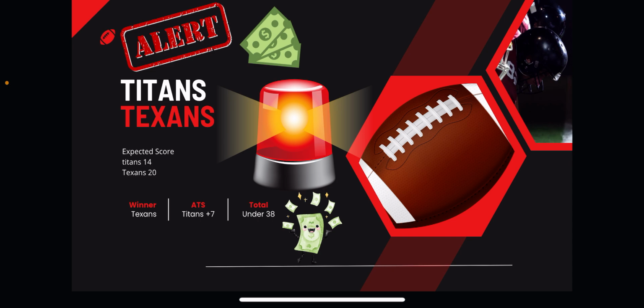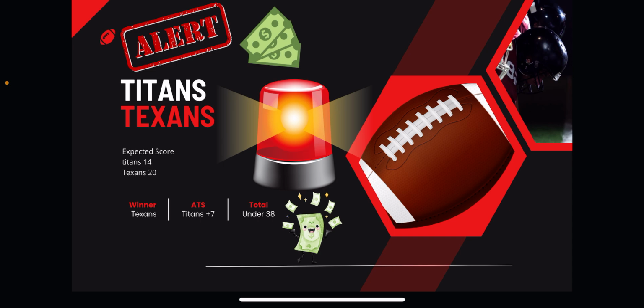This Texans team, again, they're not going to run up the score. At least the coach doesn't like to run up the score. They're not a heavy passing team as it is. They like to run when they are allowed to run, when the game script allows them to do that. And they're not really one for taking too many deep shots. Maybe they take one, maybe they take two. But even if they get to 14 points or if they have a 10-point lead at any point, I fully expect them to take their foot off the gas in this one.